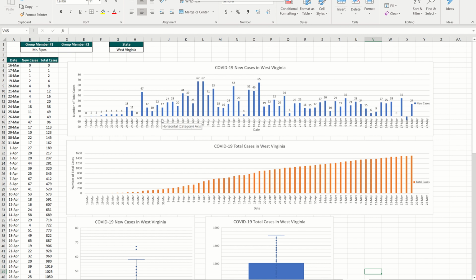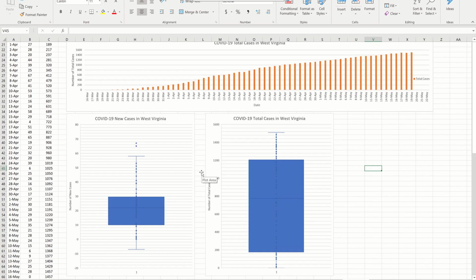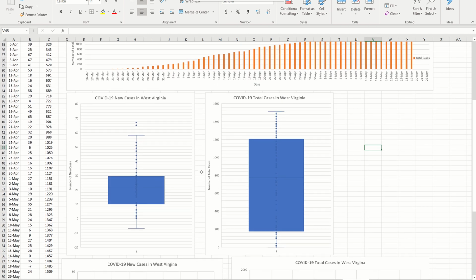But you want to have your bar graphs all ready to go. Don't forget titles and X and Y axis labels for both of them. Same with your Box-and-Whisker plots. You want your titles and only your Y axis label. The X axis is not very interesting in this case.